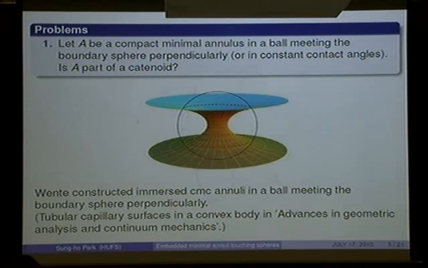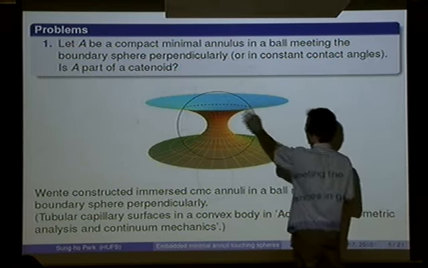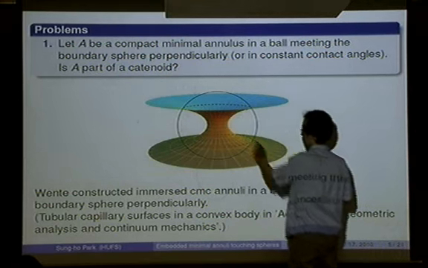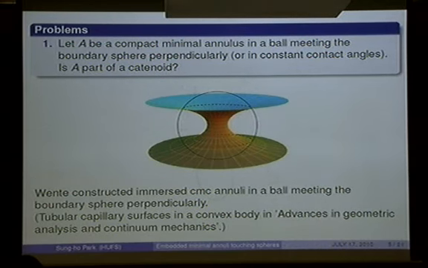The first one is related to Nitsche's result. It says if A is a compact minimal annulus in a ball meeting the boundary sphere perpendicularly, then it is part of a catenoid. So I have a sphere here, and part of a catenoid meeting it. It is a trivial example, but